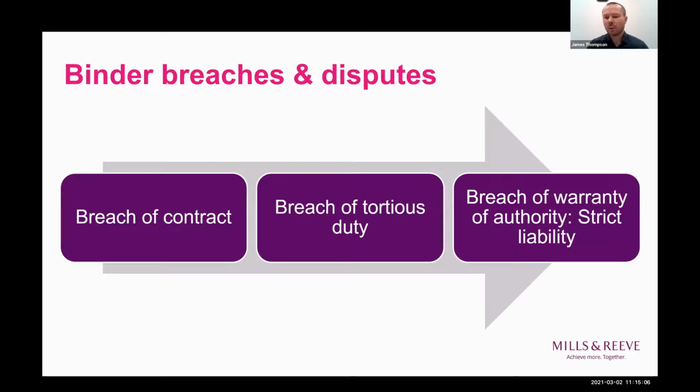So the policyholder does not need to demonstrate negligence on behalf of the cover holder or the managing agent. They don't need to look at questions of causation. If they can demonstrate that the breach of warranty of authority has resulted in their uninsured loss, then liability will be strict, and you as an agent would be on the hook for that loss. So if we move to the next slide,